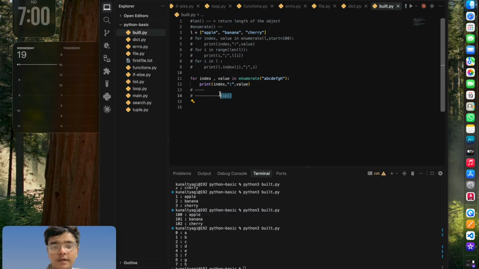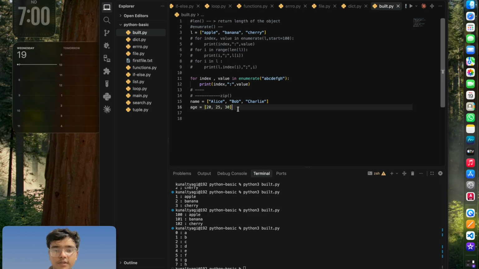You can understand zip like this: you have a list, then you make another list which will be used to count the frequency of the elements in that list. In that case, zip can be useful. So let's just see how it does. Let's just see the syntax. So for example, let's take